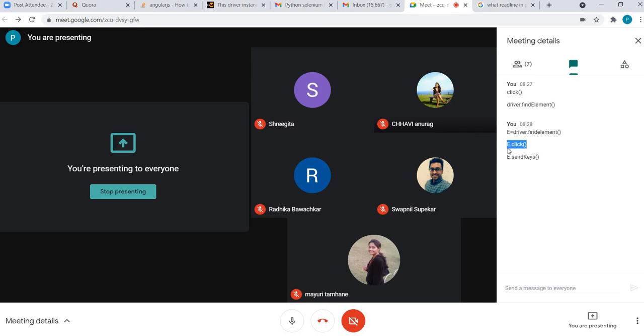So which one is likely? If someone asks you which one is likely to throw, then this is the statement which is likely. And which is unlikely? This is always unlikely because it always finds the element again. So it will never throw you stale element. It may throw you no such element exception, but it will not throw you stale element at all. Stale element would be thrown by this. So he got that. I explained everything to him, whatever I am explaining you right now. So that was a very interesting question.